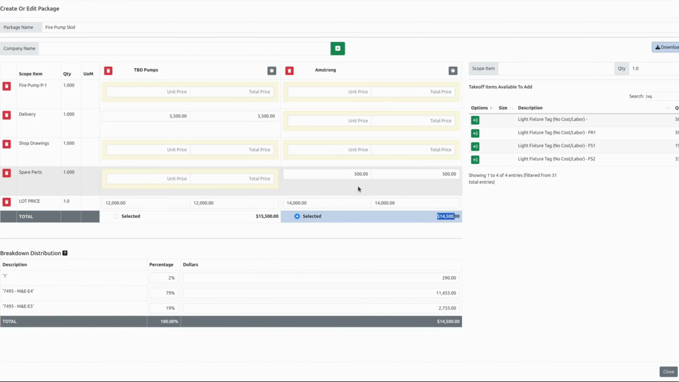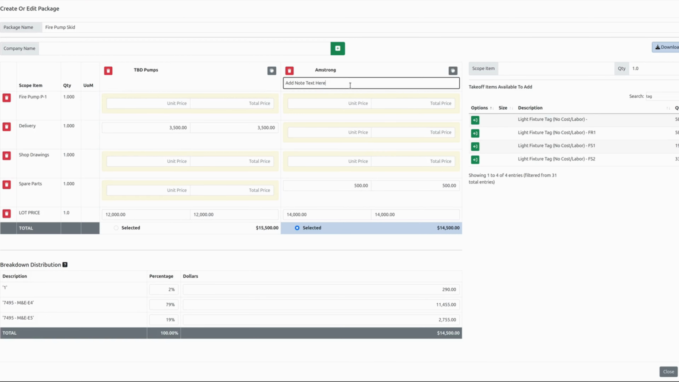I can now hit the select button here to select the quote that I want to carry. I can also include notes in here. So for this note from Armstrong, I may fill in here and say, called John Doe, and he said, allow $500 for spare parts. Just so that I've got everything consolidated in here that went on during the chaos of